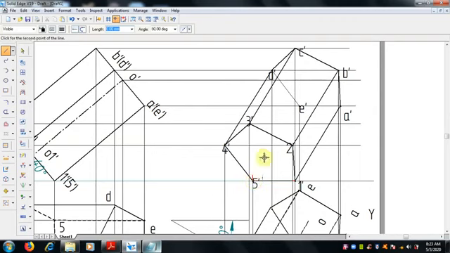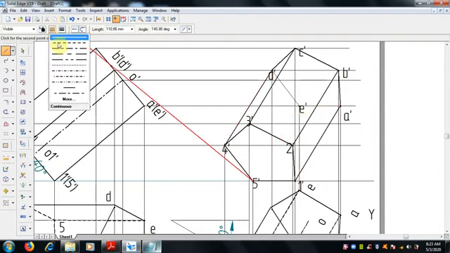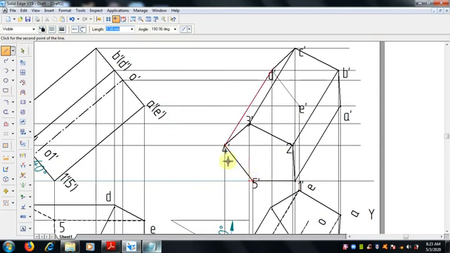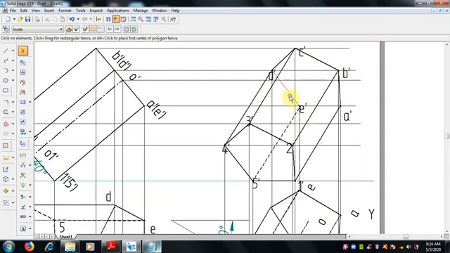If I join this, we should not use visible line, it is hidden line. So this is the next clue, that when it crosses the visible base, select the hidden line, right? Like this, here it's a rectangular face, fully visible. But the line which crosses the visible, it is also hidden.